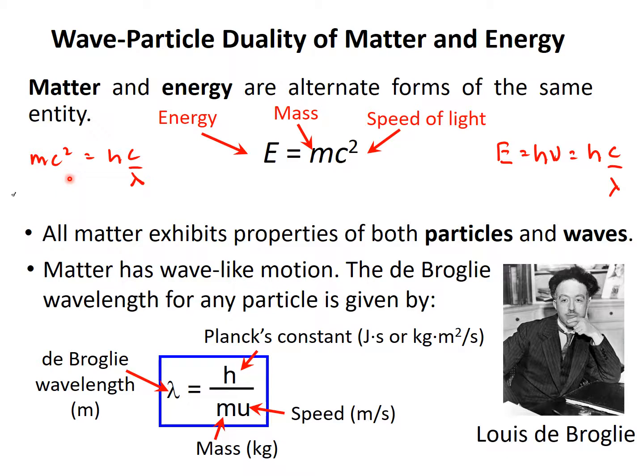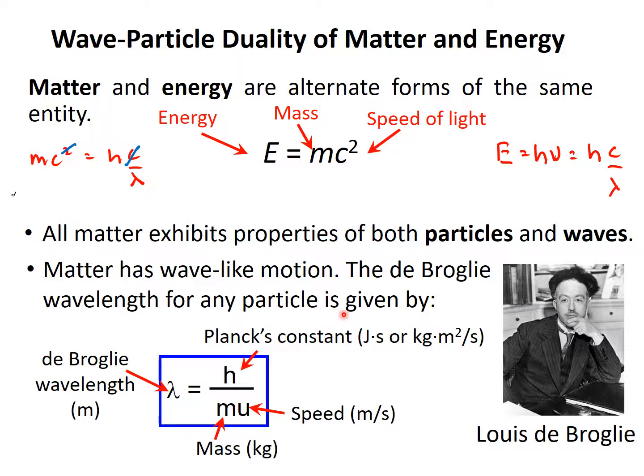Now you'll notice that one speed of light on the left-hand side cancels with the speed of light on the right-hand side. So rearranging this equation for lambda, the wavelength, and substituting the speed of matter for the speed of light gives us the de Broglie equation, which states lambda equals h divided by mu, where lambda is the de Broglie wavelength, h is Planck's constant, m is the mass of matter, and u is the speed of the matter. So this really tells us that matter has a wave-like motion, and it gives us the de Broglie wavelength for